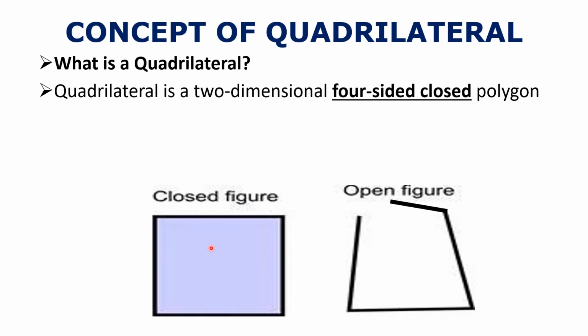So this closed figure is what I call a quadrilateral, whereas this figure I cannot call a quadrilateral, though it has four sides and though it is two-dimensional, because it is an open figure. Why open? Because the first side and the fourth side are not joined to each other. I hope this is clear. For those of you who felt you gave the right answer, you can pat your own backs and congratulate yourself. Those who had the definition wrong in your mind, this is what you have to remember.